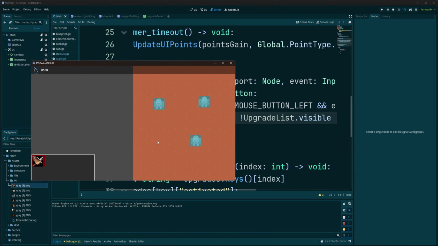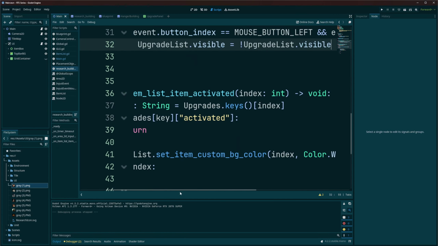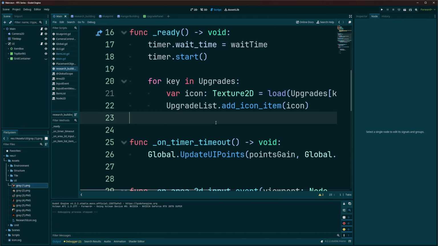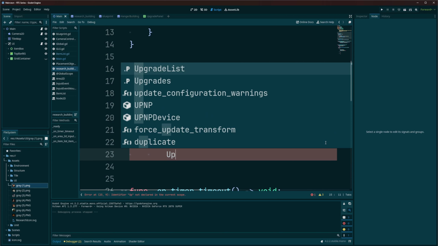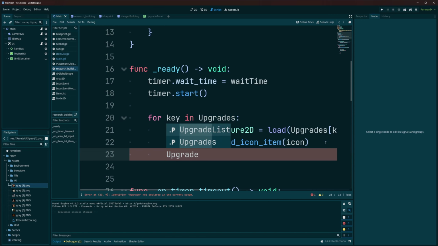You just follow the same procedure through whatever you want to put these upgrades on, right? So you put this upgrade panel on, add your upgrade icons, and based off of that index, if you want, you can go ahead and make whatever you want to happen. And just to throw one more thing in there, because new players probably wouldn't know if they were playing your game. Let's do upgrade